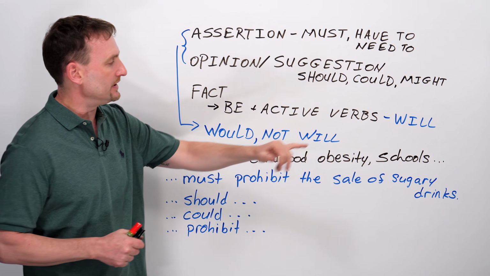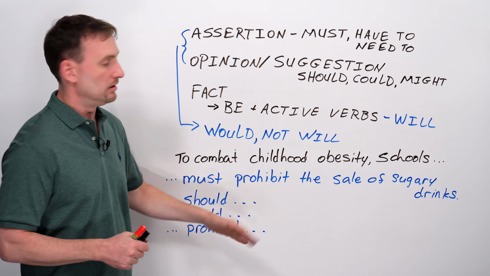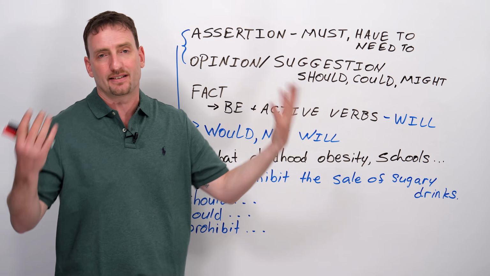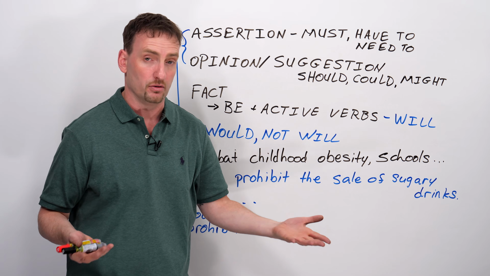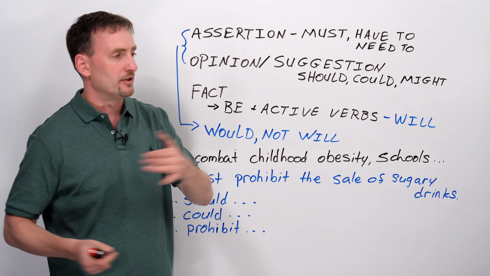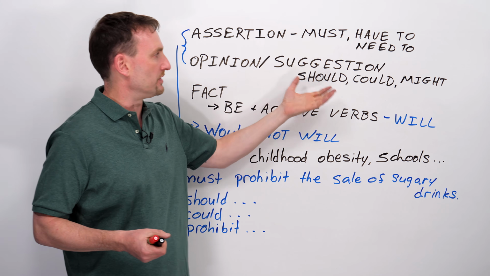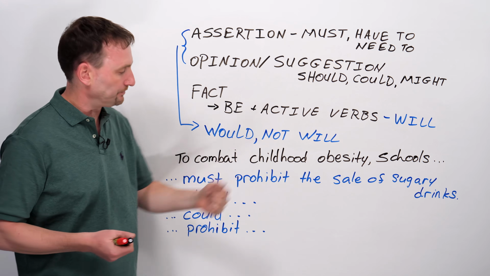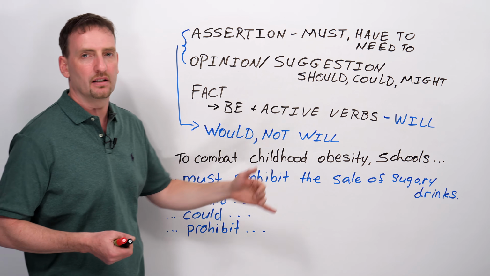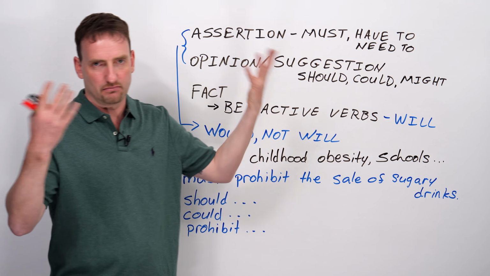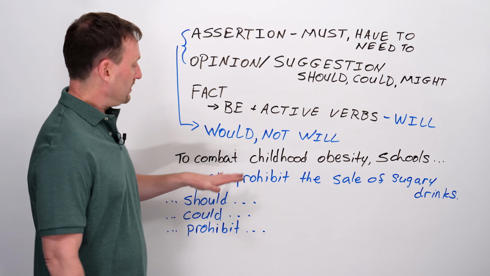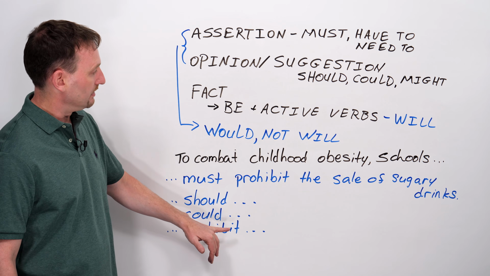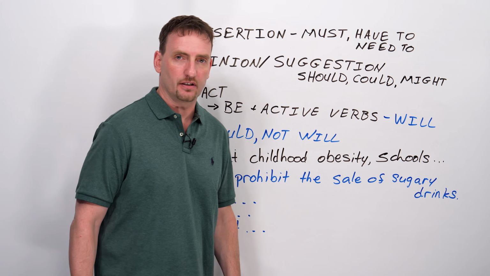To combat childhood obesity, schools could prohibit the sales of sugary drinks. This is just one possibility, one suggestion of what they could do. They could do other things too. So I'm still stating an opinion. I'm more like a suggestion, a possibility of what they could do. Or schools might want to prohibit. Again, another suggestion. Okay, so now to combat childhood obesity, schools prohibit the sale of sugary drinks in their cafeterias,